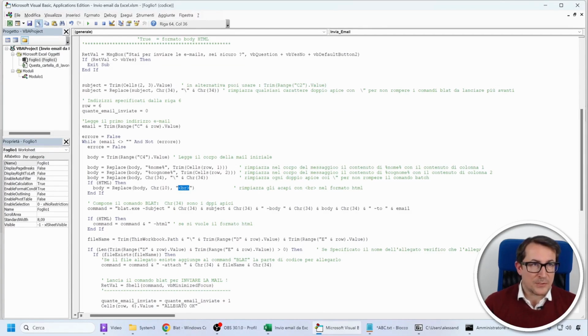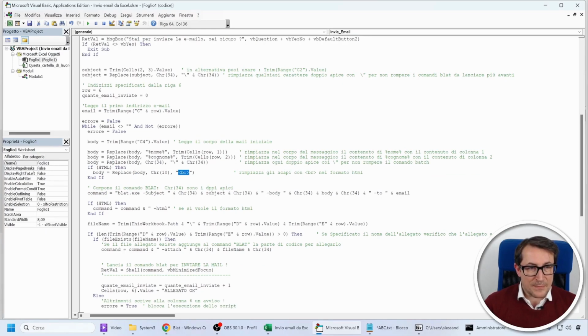Then it constructs the first BLAT command, so blat.exe. There's no need to specify that it's in the C folder in Windows System32 because, by default, it's in the path, followed by subject, and then it indicates the subject that you indicated in the cell here at row 2, column 3 specifically, always enclosed in double quotes, as you can see in this particular case.